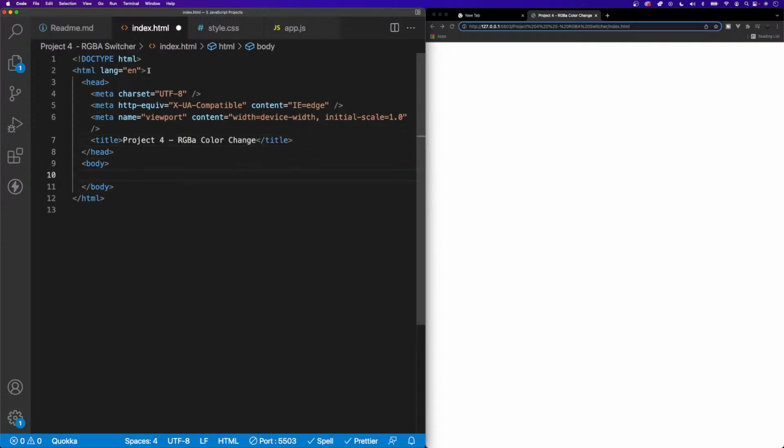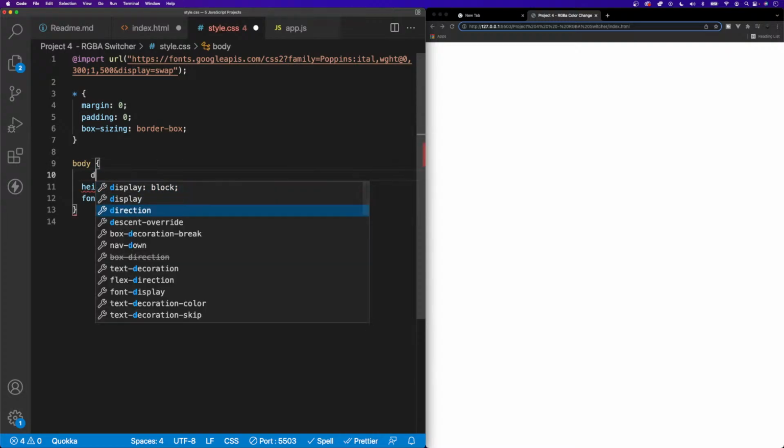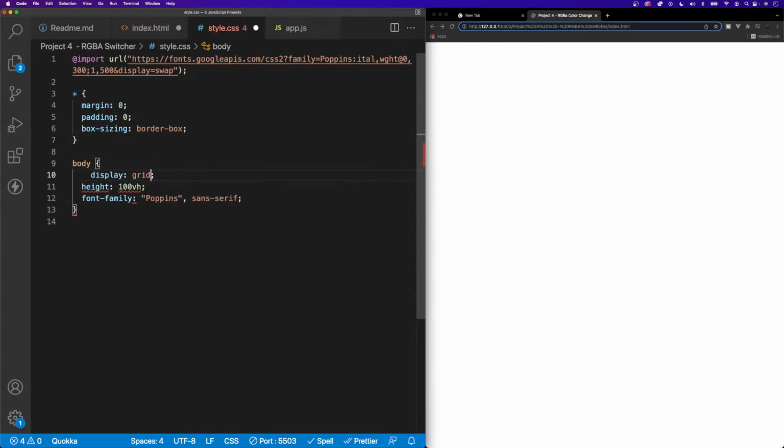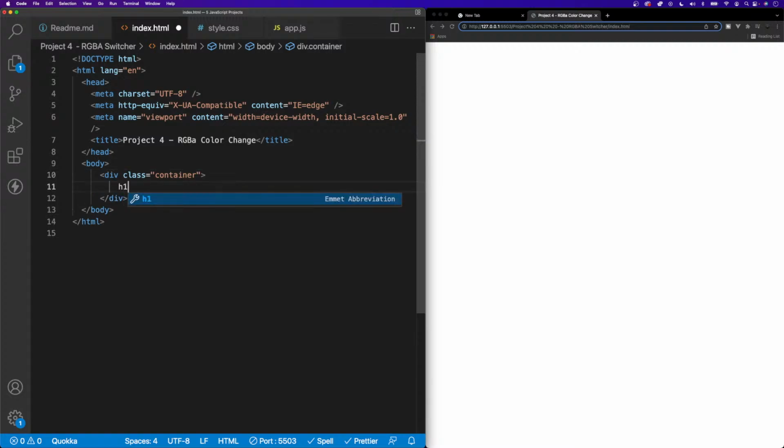So we also probably want to go back to center everything. So we'll do display grid, and we'll do place items center, just to have that. Okay, so we'll have a div. We'll just do div.container to contain everything here. So we'll do an h1 here to display the name of this. So we'll do RGBA color